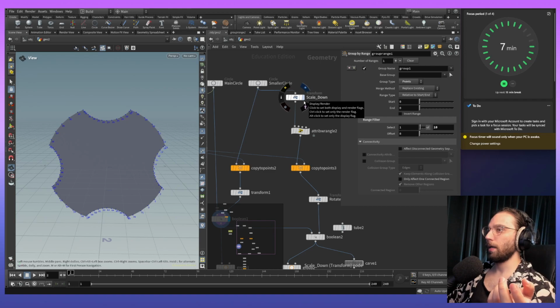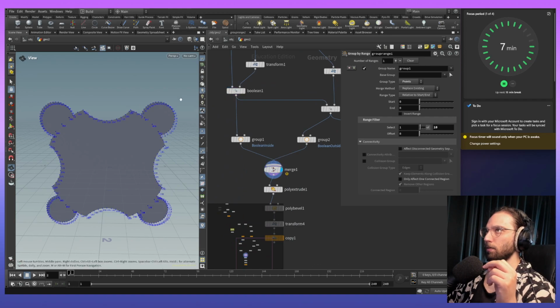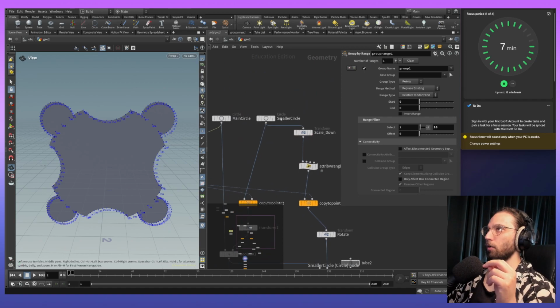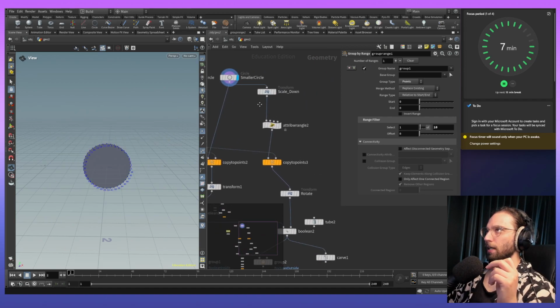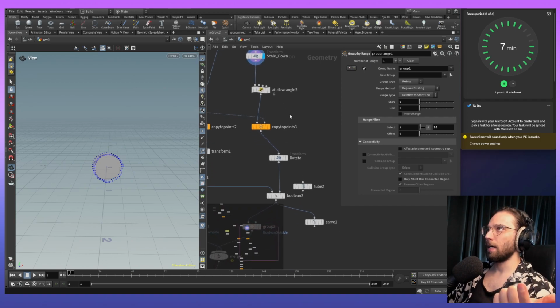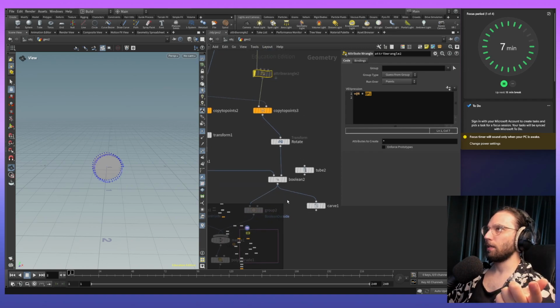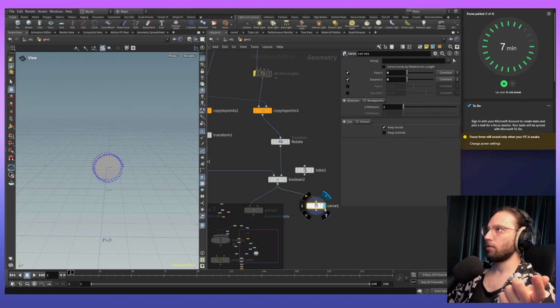Then we have the other circle that we created to add the different columns together, like those here. I'll call them the ears for now. If we go back to that smaller circle and follow the path it took, we scaled it down. Before, we didn't have this attribute triangle. I added that just now. So before that, if you go back to the carve and you try to play with it,